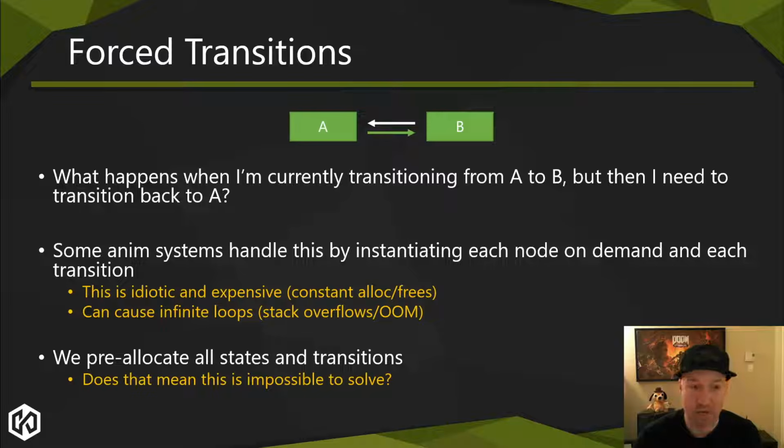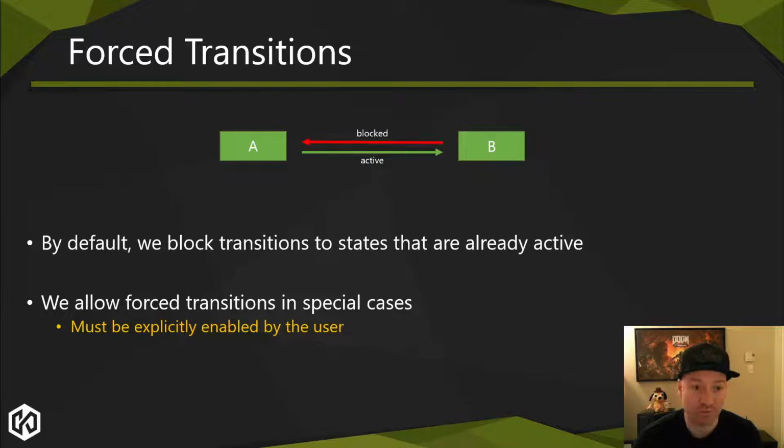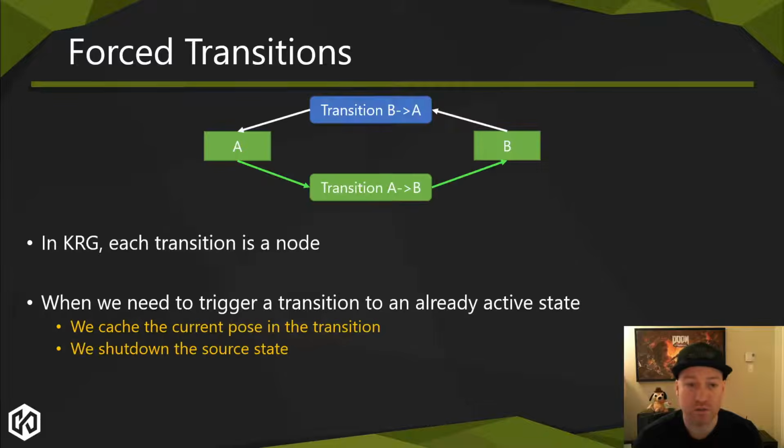Now, what I do is I have something called a forced transition. By default, in that situation, I just block the transition in the graph, saying this is not an option for you. You cannot go back to a state you're currently in. In special cases where this has to happen due to, I don't know, replication or something else, we have a mode where you can enable a forced transition. You have to set this up because it does a bunch of other stuff under the hood. How it works is